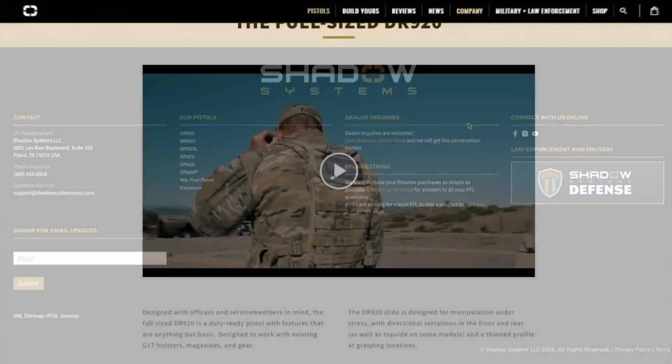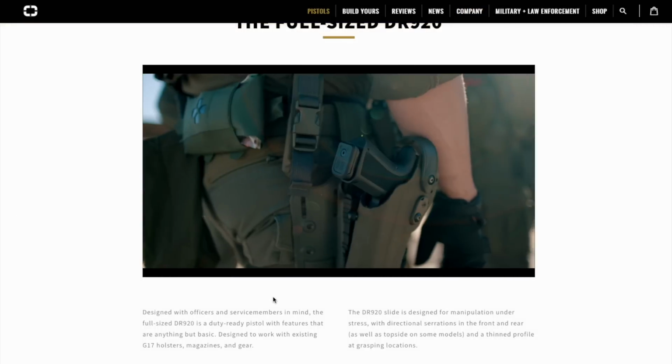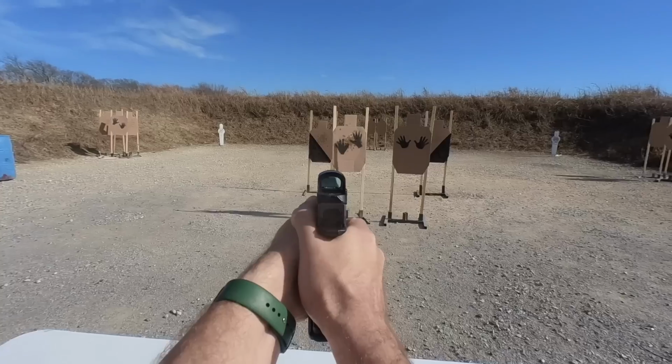So if you go right now to the Shadow Systems website and look up this gun, I promise you there's going to be dudes with visible tattoos and slow motion racking rounds into the chamber and putting them in their holster, then training on the range and stuff, because that's what everybody does when they market this kind of stuff. But ultimately, this, in my opinion, is a competition gun,